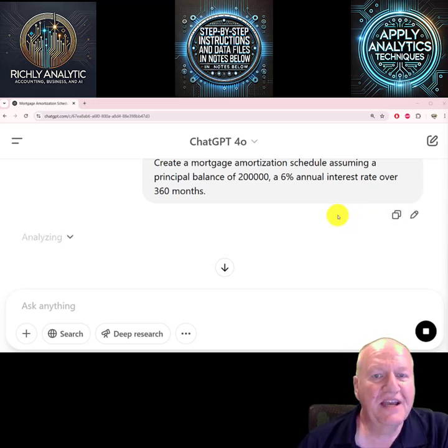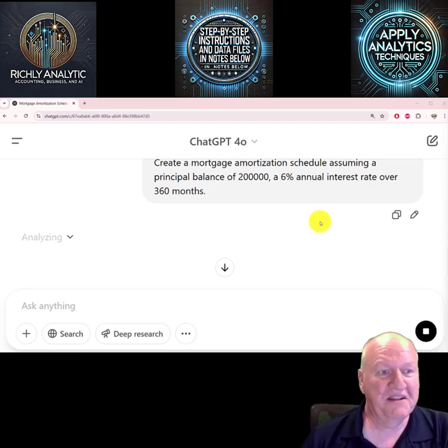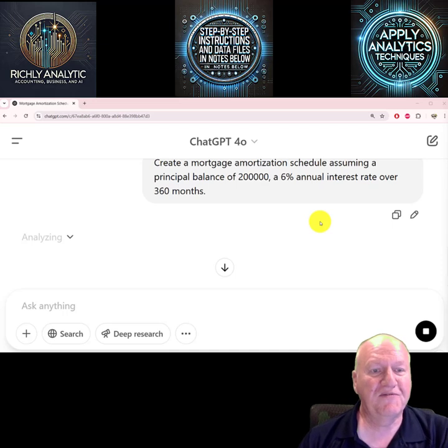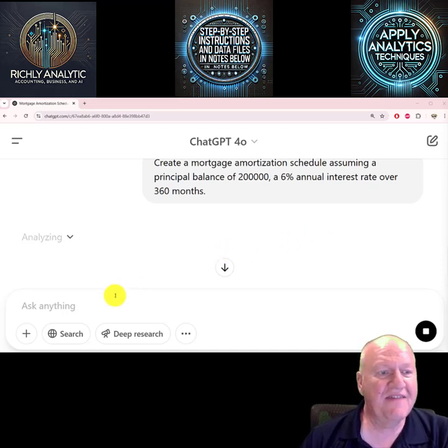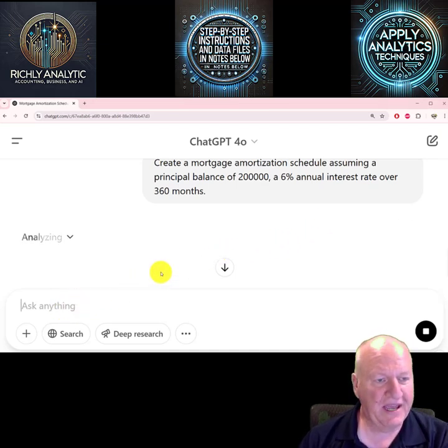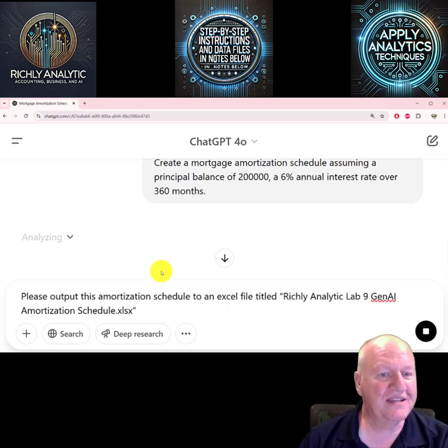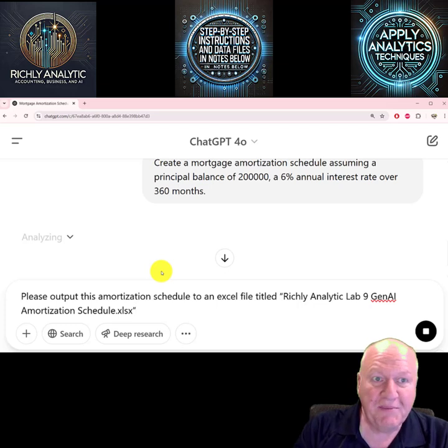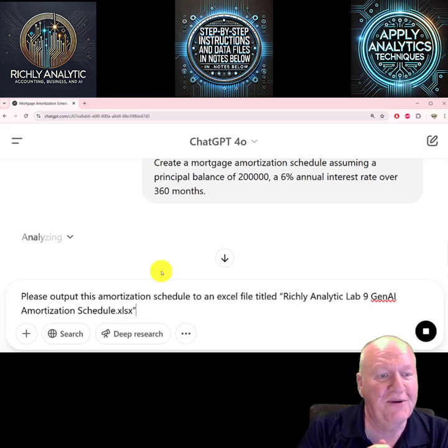Now when it creates a schedule, it's going to display on the screen what it looks like, at least the first few payments, and then we're going to ask it to save it out. We're going to ask it to put this amortization schedule somewhere. Now, this amortization schedule will just be a printout. It won't be all the calculations you need. What happens if you want to make an extra payment or something? What are you going to do? How is that going to be in there?